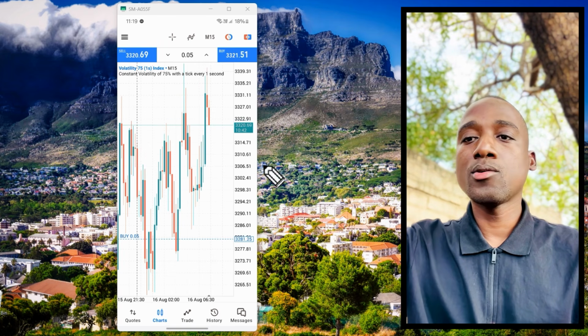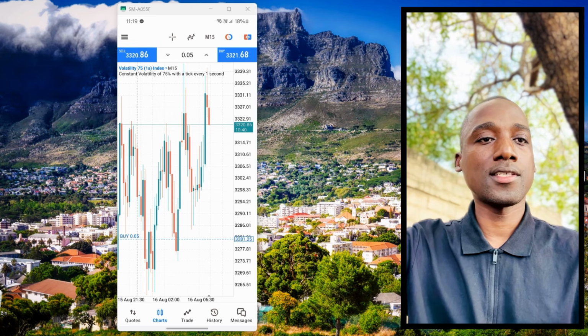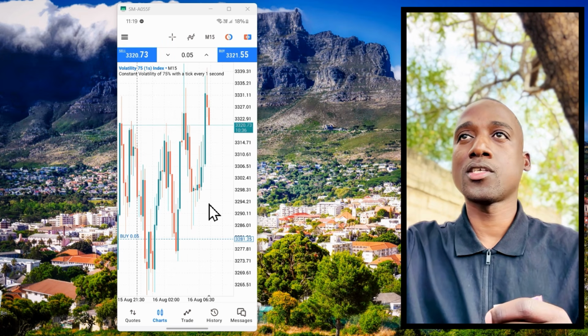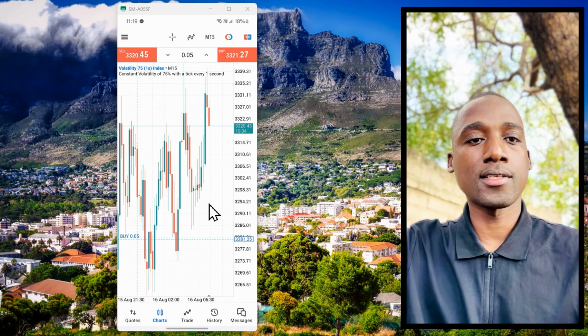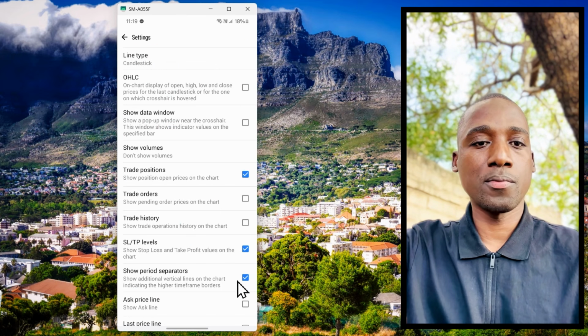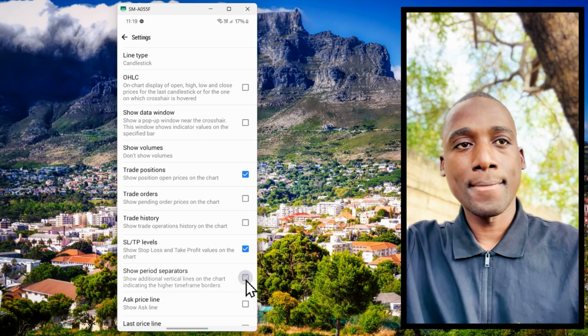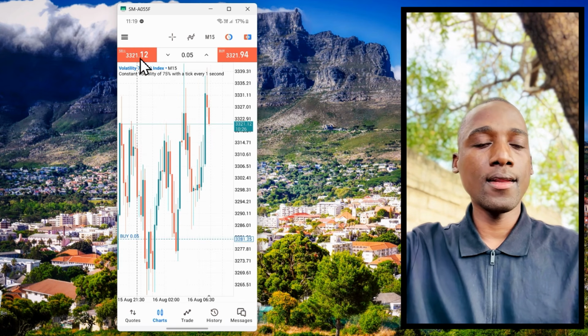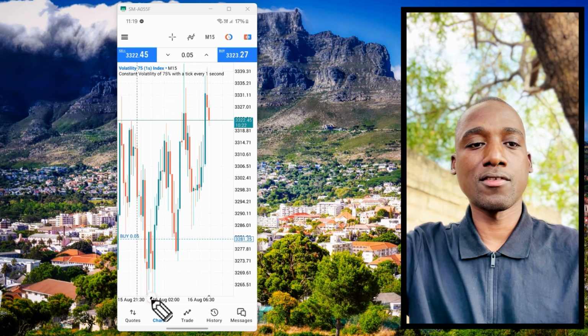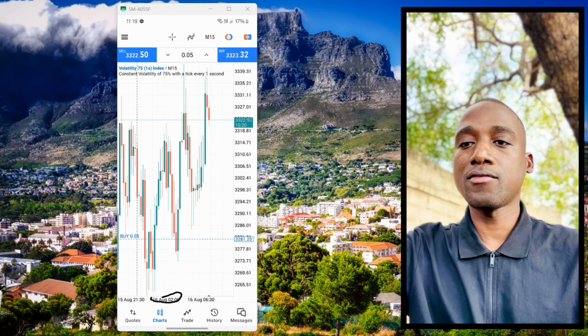Now, let's look at the skeleton, how we set up the environment. First thing, make sure that your separators are turned on. If you're using TradingView, you go to your event breakers, you tap here, you go to settings. If you have an iPhone, you go to settings, you make sure that your period separators are turned on. Now you go back. Now, why do you need a period separator? So that you can see that you are trading on the 16th of August. All right, you have your period separators.